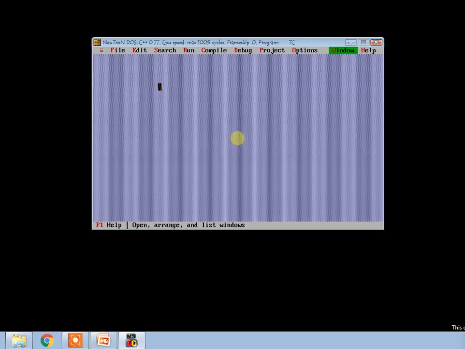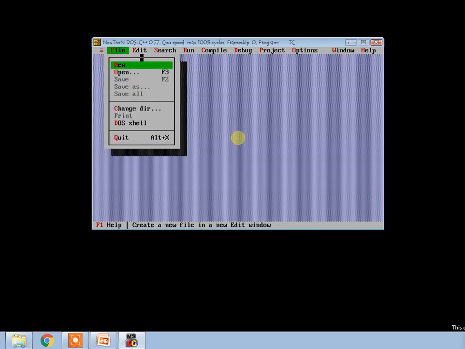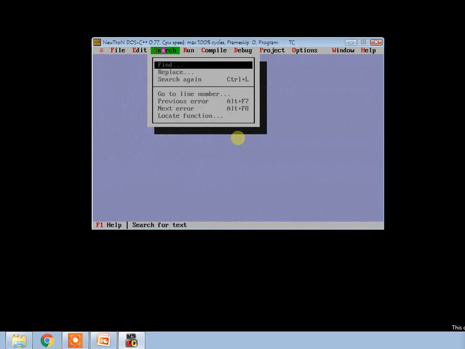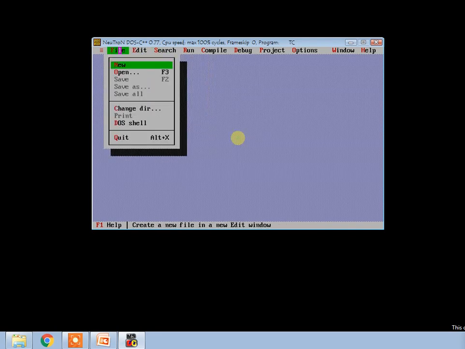Okay, this is the C++ editor. I will just give you a demo for the addition of two integers today. So let's write the code. These are the options, or we can say these are the menus of the editor, and you will be knowing each and every option as we move further. Today we will start with the file creation for the C++ source file for addition. You just go to the file menu and click on New.